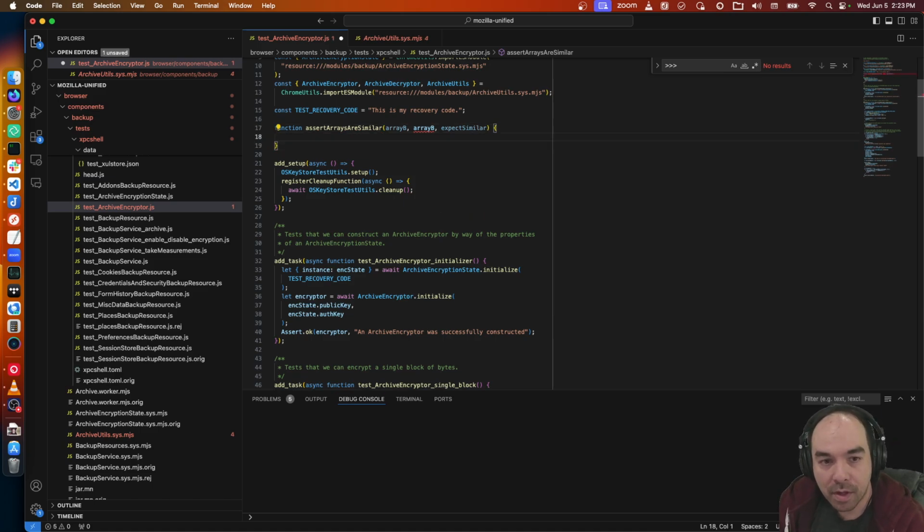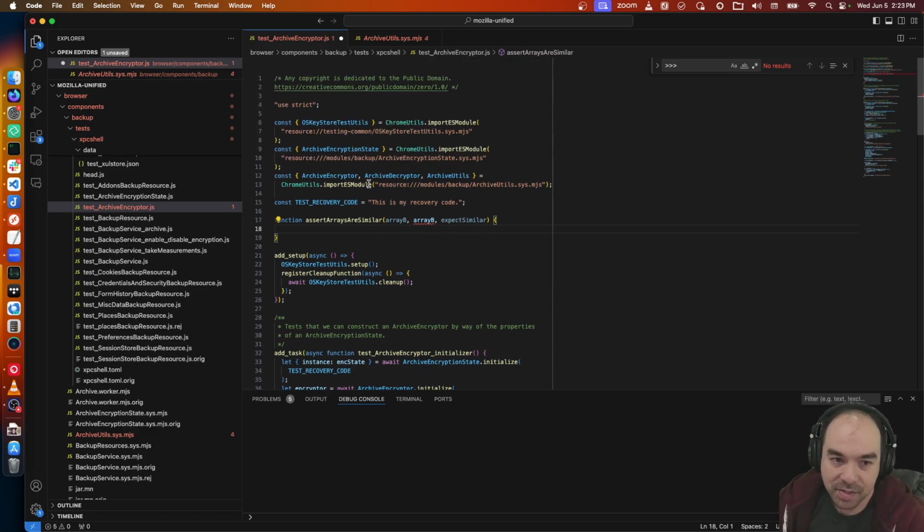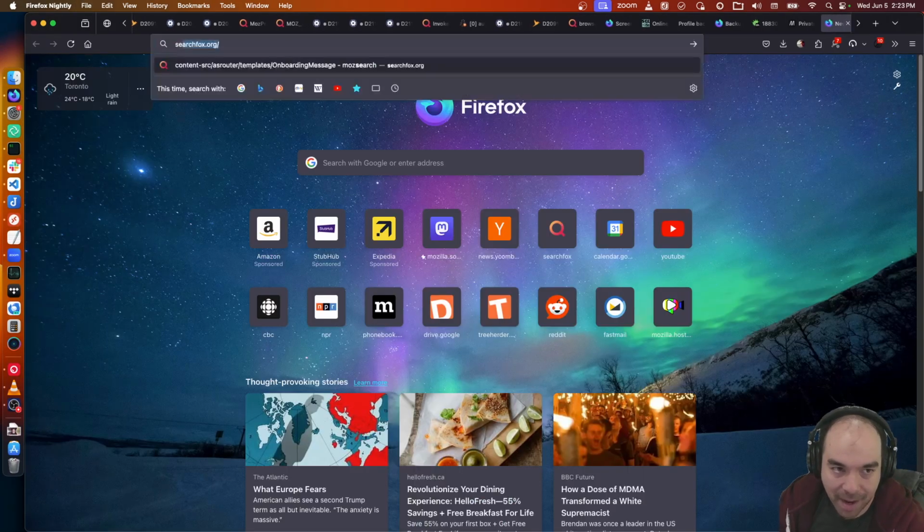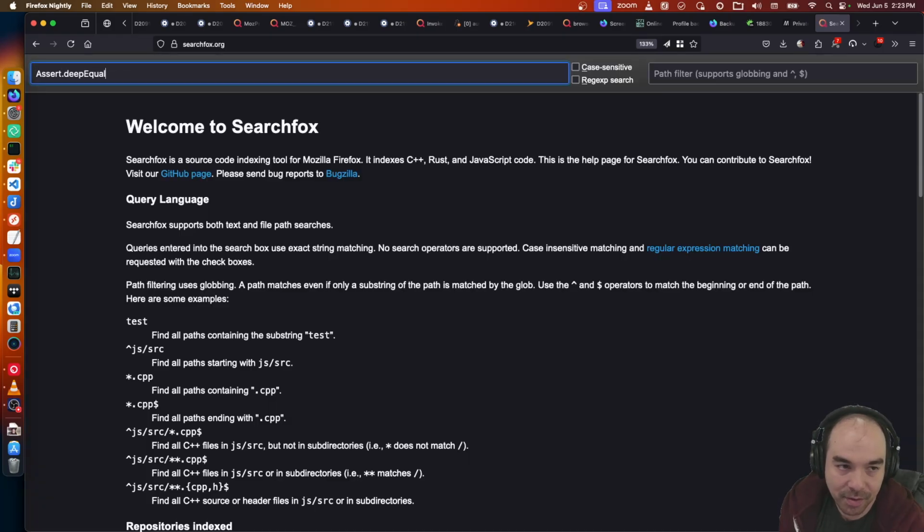Now, normally you could do a deep equal, that's one way of doing it. But the problem with assert.deepEqual is that it will log the entire contents of what was just checked against one another. That results in a ton of console spam, and the test will take forever because the terminal takes a long time printing out all the stuff that it just compared. I don't think there's a way of bypassing that.